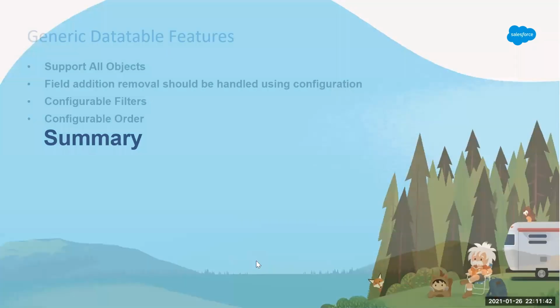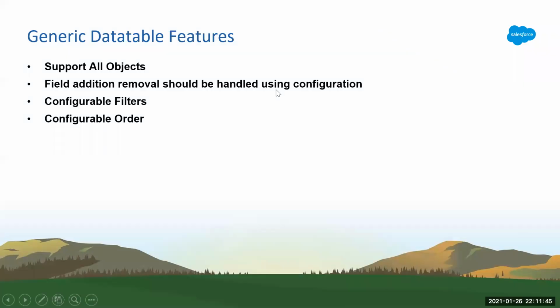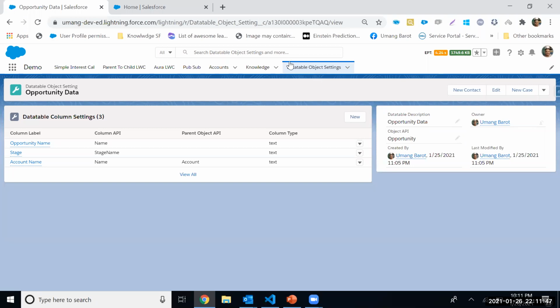how we have set it up. Actually, we have created a data table object setting. You need to decide where your configuration can go. Either it can go to your custom metadata, it can go to your custom settings, or you can also have objects. We chose objects here because we have a hierarchical relationship between objects and fields and a lot of other settings that we were trying to manage. Here, it's a smaller version of that particular solution. So,